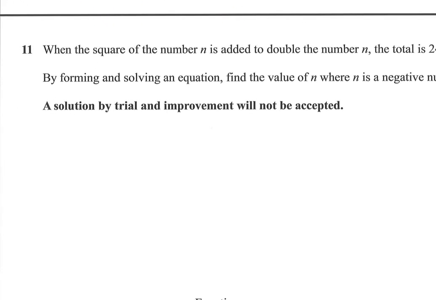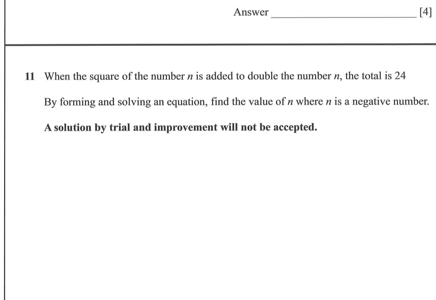Okay, next one says, when the square of a number n is added to double the number n, the total is 24. By forming and solving an equation, find the value of n where n is negative. So you've got when the square of a number n is added to double the number, so that's 2n, the total is 24. So that's an equation. Bring it over to one side,